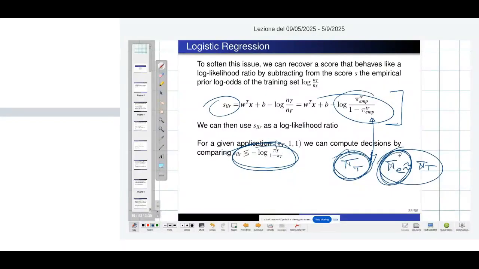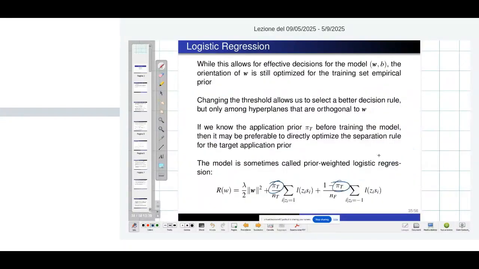In this case, it makes sense to train using a different prior for the model, so to train a regularized version of the model where I use some prior E that I estimate to be reasonably good for the application or for the range of applications that I want to use,